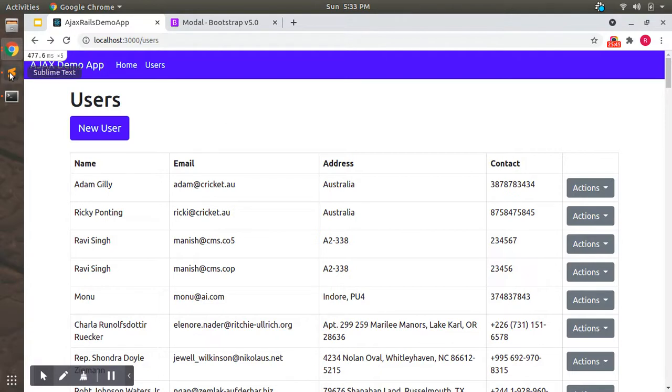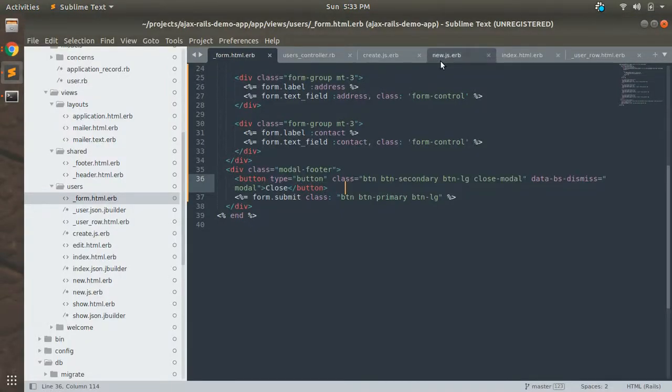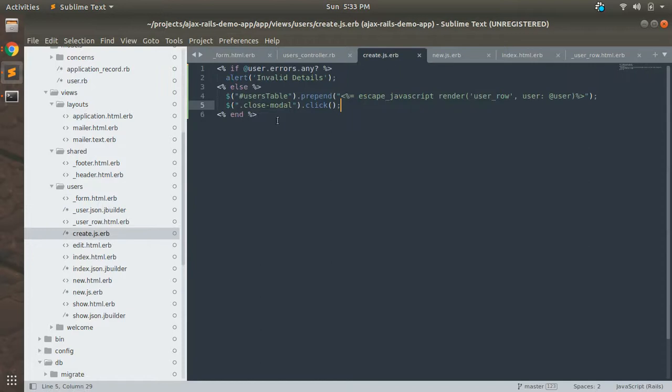So what we did here, let's open the create.js.erb. When the user has any error, we are just showing the alert message, and when the user is created successfully, then we are prepending the created user row at the top of the table, and then hiding this modal from the DOM. So we can click on the new link to create another user, and that will open the form.